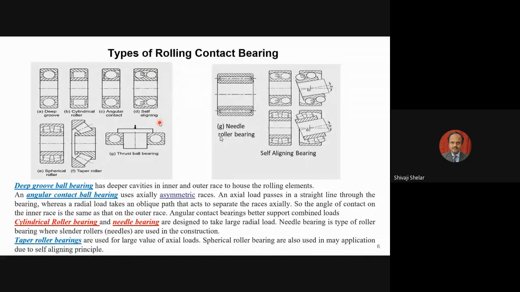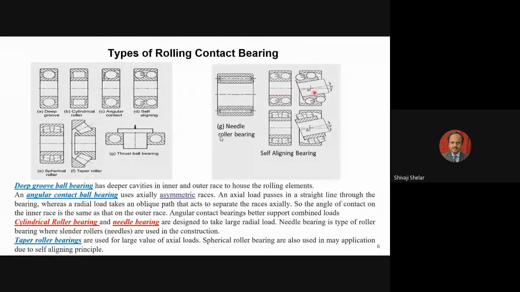So if you cannot make your axis coaxial with the application, it is better to use a self-aligning bearing rather than a deep groove ball bearing. Otherwise, they will have more load and there is a chance they will wear out faster. Self-aligning bearing will make assembly easy, and they will take care of load coming in any direction. So this is your self-aligning ball bearing. Similarly, you can have a self-aligning roller bearing here. This is where the concept of self-aligning is explained. This is your shaft. In this hole, your shaft is fitted.